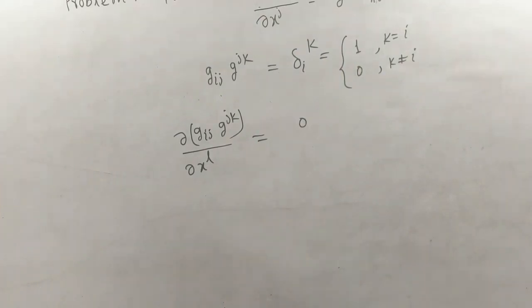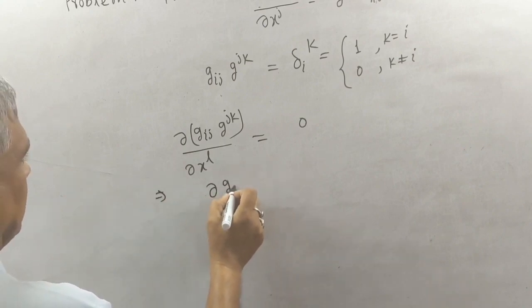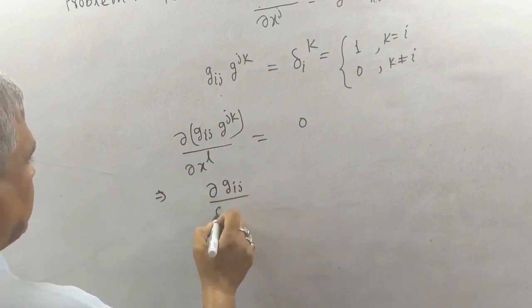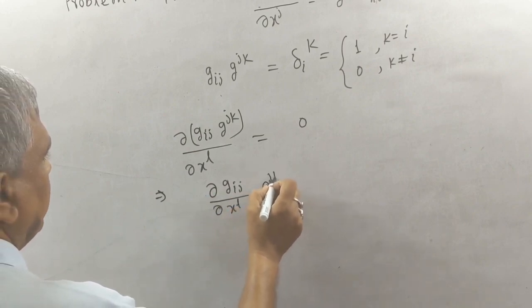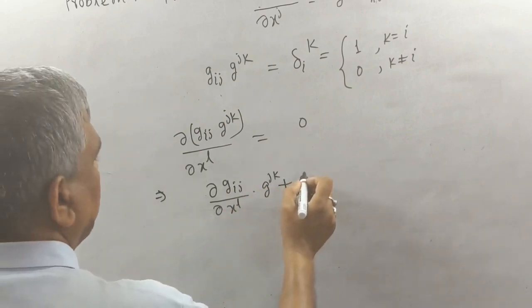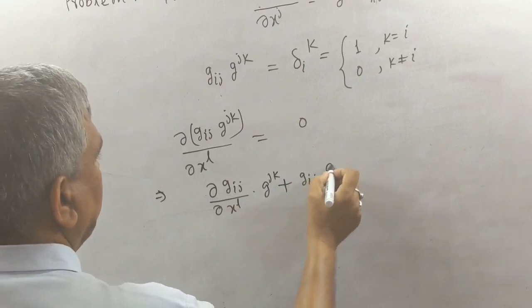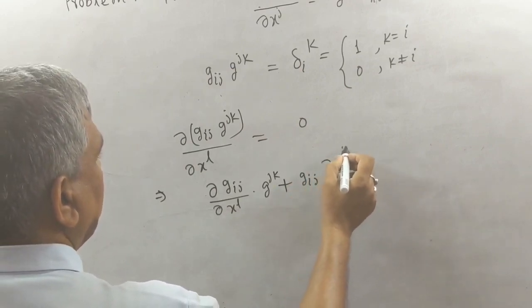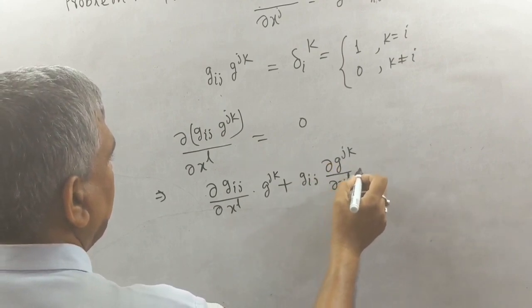So differentiation of constant equal to 0 implies that del g^ij by del xl g_jk constant, plus g^ij del g_jk by del xl equal to 0